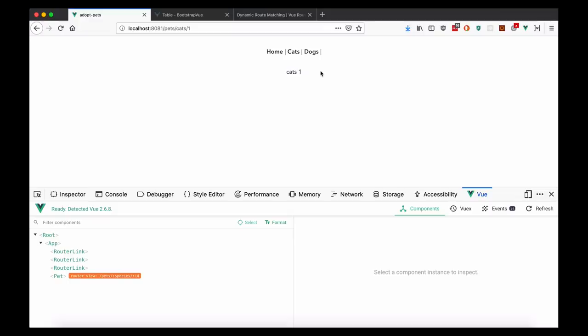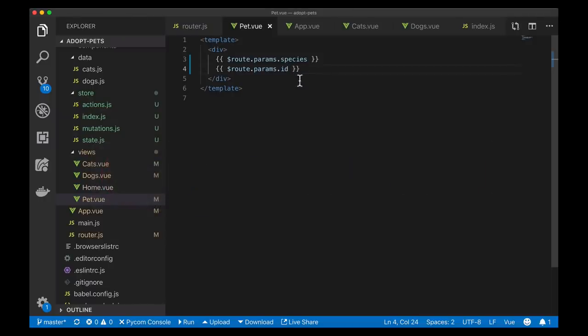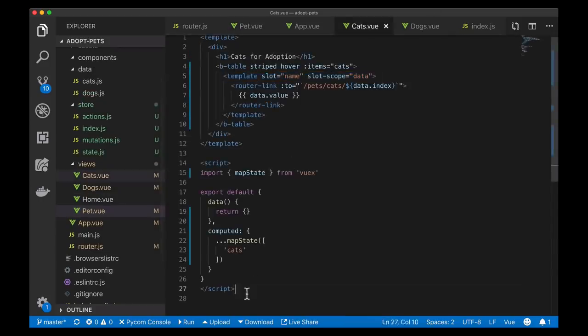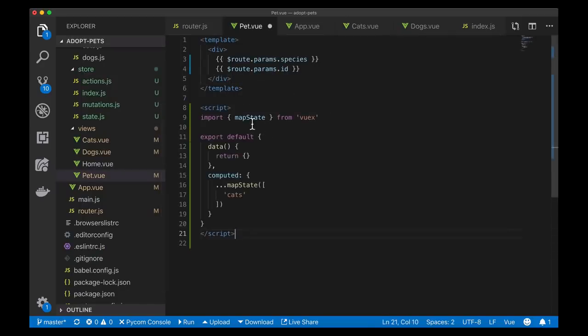Now a quick way for me to get to the right cat in this component is to pull in the cats and dogs from state, because this component is its own view and it's not connected to cats or dogs. So I'm going to copy the script tag here and then modify it. I have mapState, which I want, and I'm going to add dogs here so I can listen to cats